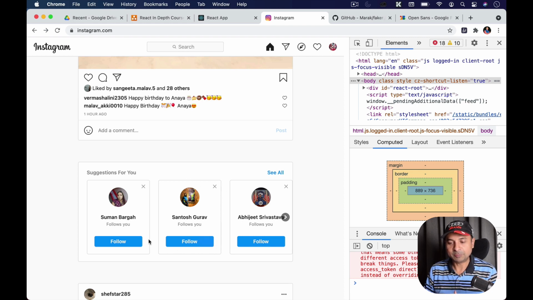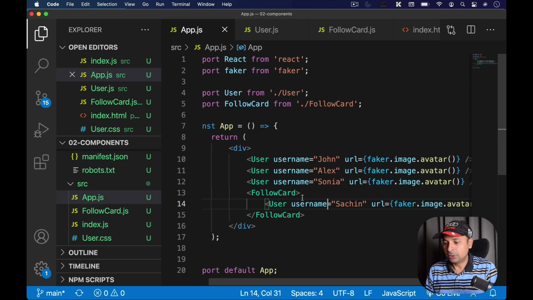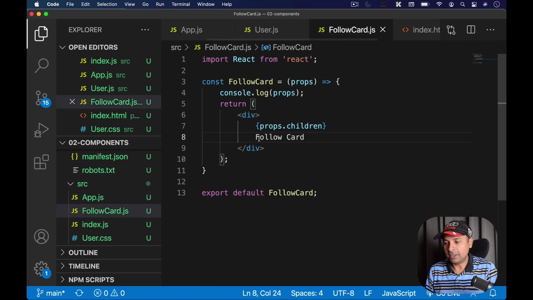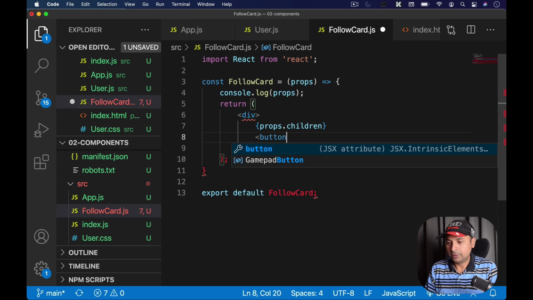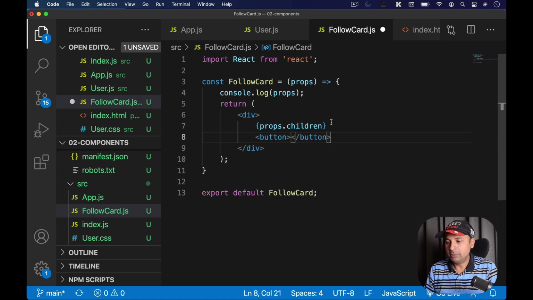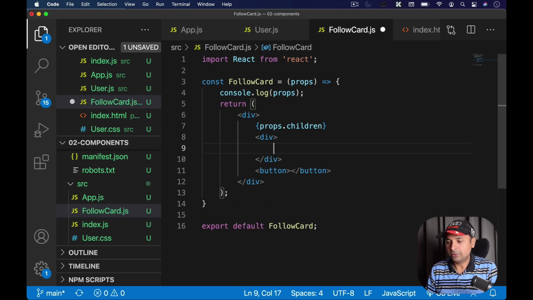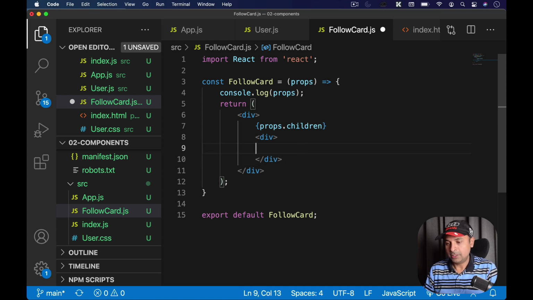And then have this card-like border. This is all a CSS part, and we can do that. So I'm going to go back to my follow card and create a button here. Or maybe I'm going to create that button inside a div, so that will give that button a container, which later on I can style. Let's keep the button here and label it follow. And I'm going to give it a class name of